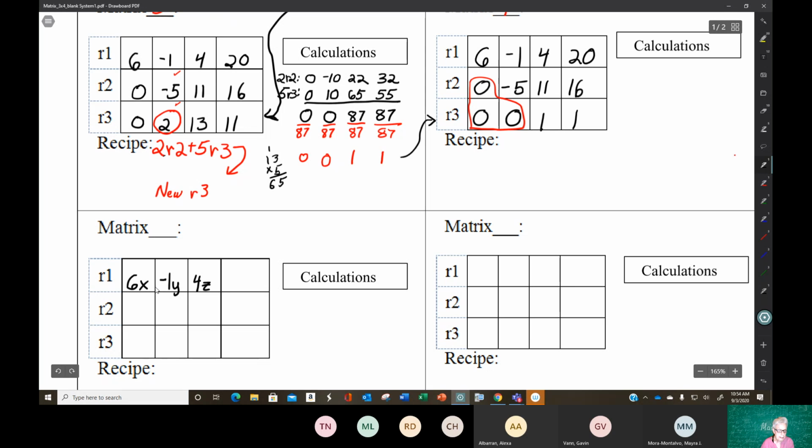You can imagine plus signs in between here. And 20. Because this is 6x minus 1y plus 4z equals 20. And then now for row 2, we're going to have negative 5y